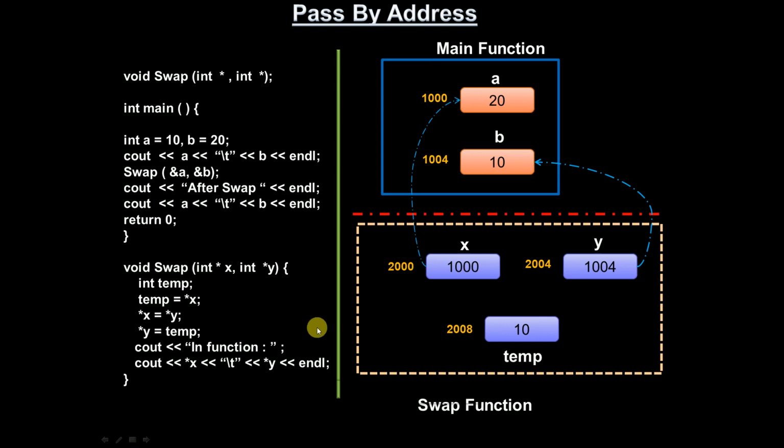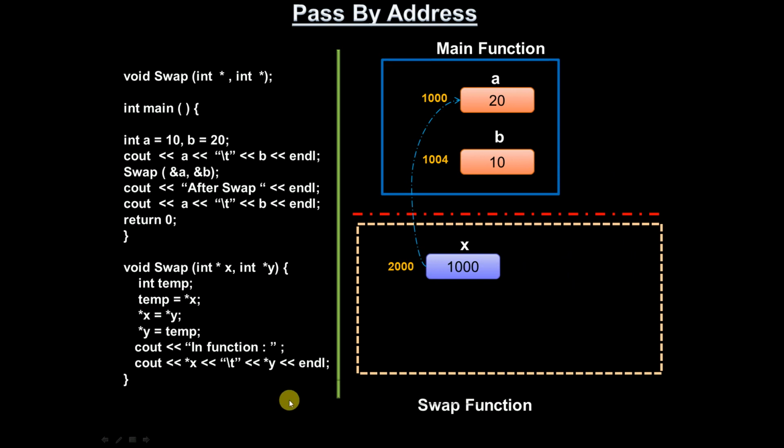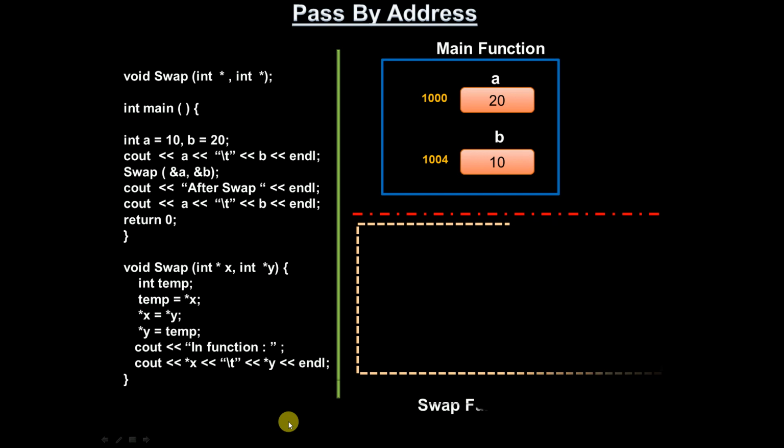Okay, so now the control is going to hit the closing curly brace of this function. When it hits the closing curly brace, what will happen? First this temporary variable will be removed from the stack frame. After that the y variable will be removed from the stack frame. Next x will be removed. After that this entire stack frame will be removed from the memory.